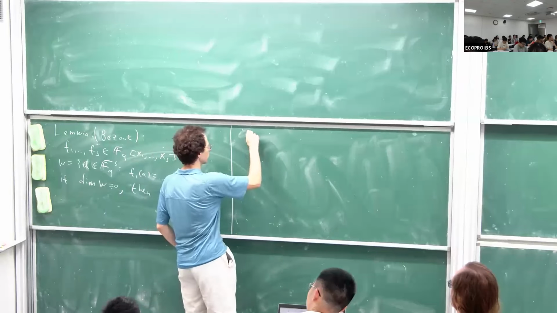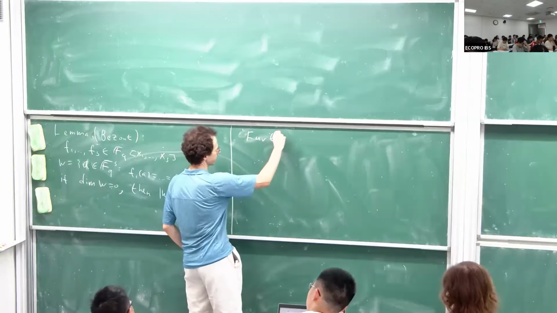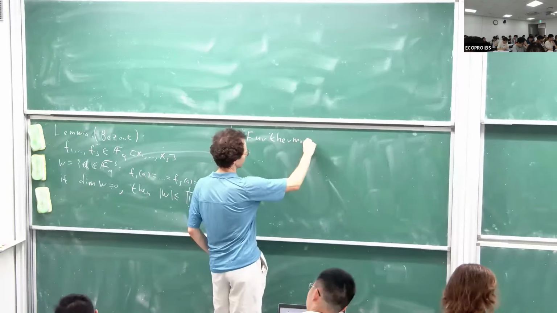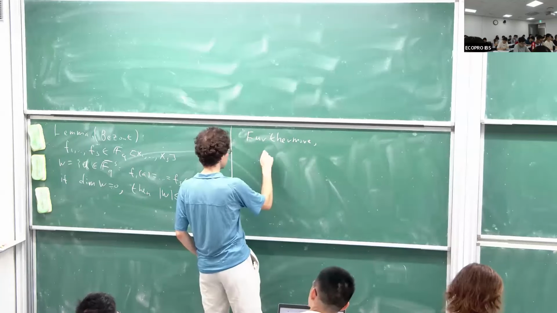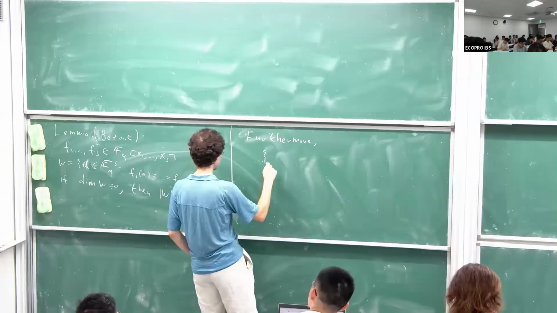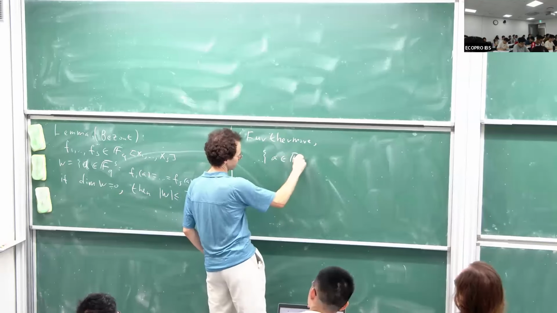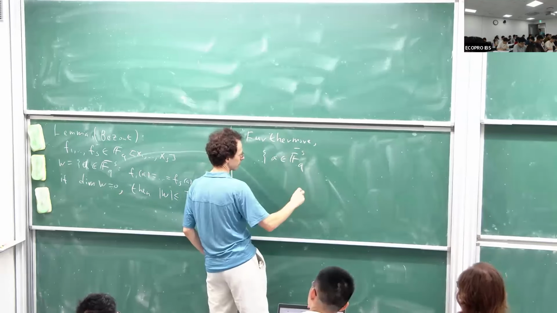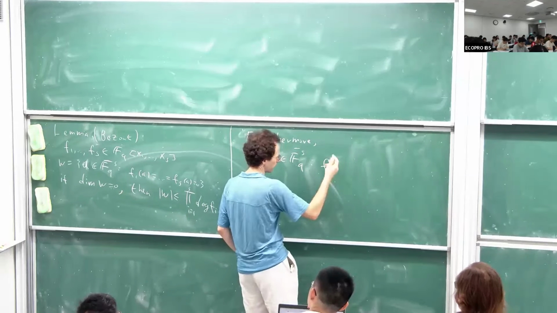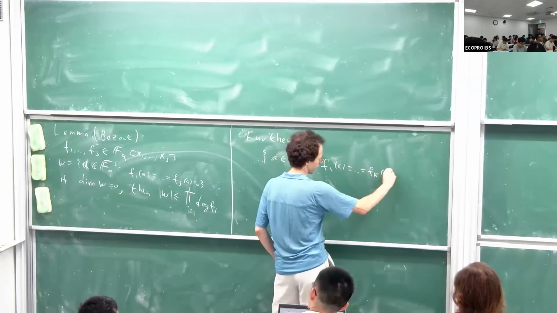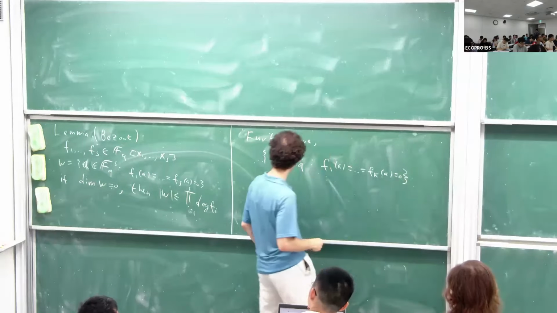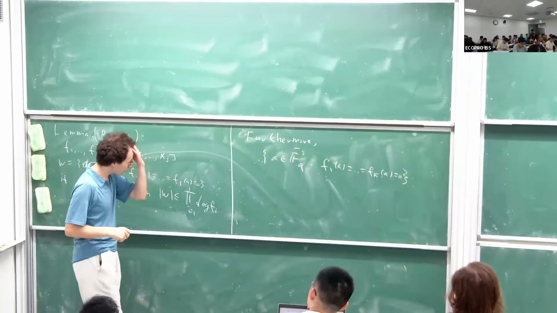So furthermore, if I'm looking at the zero set of any number of these polynomials, this variety,